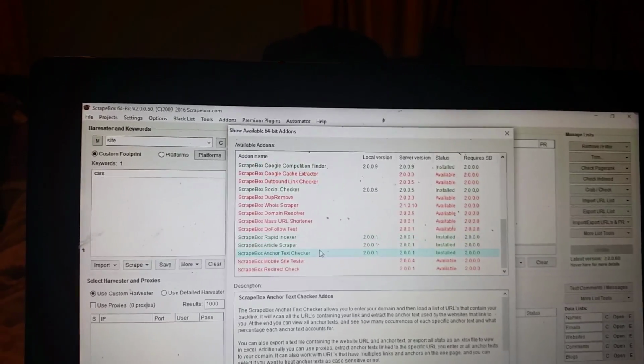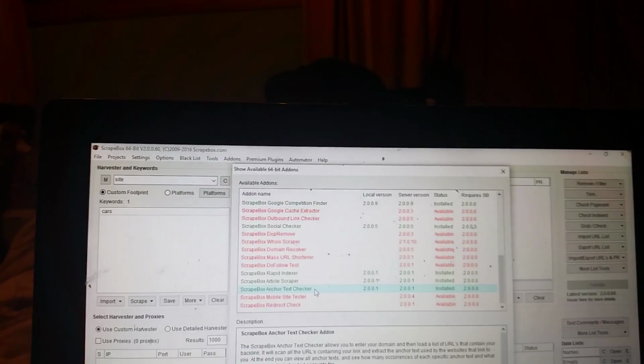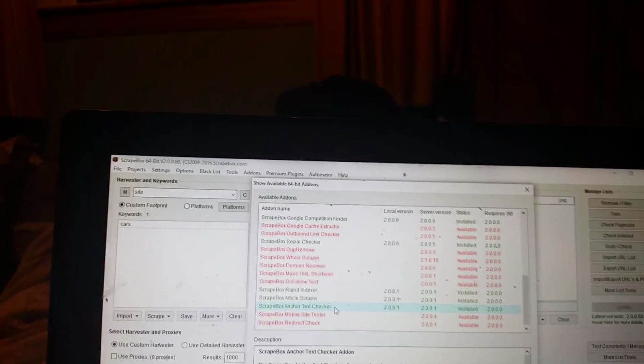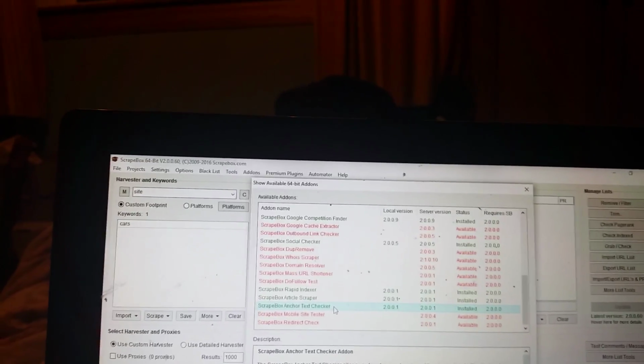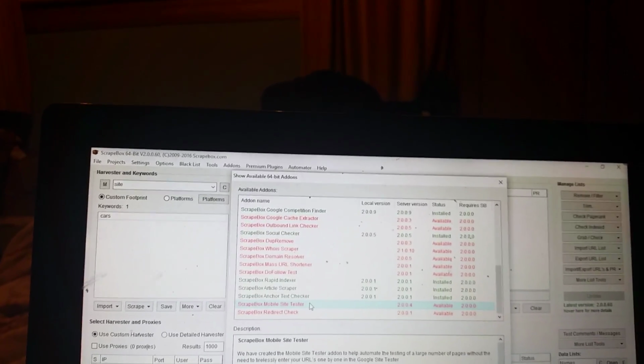You also get what's called the Scrapebox Anchor Text Checker. So you enter your domain and list a load of URLs that contain your backlink. It'll scan all the URLs containing your link and extract the anchor text used by the website that linked to you. And then you can view all the anchor text, just an anchor text checker for you. You also get a mobile site checker. It just gives you a wee insight